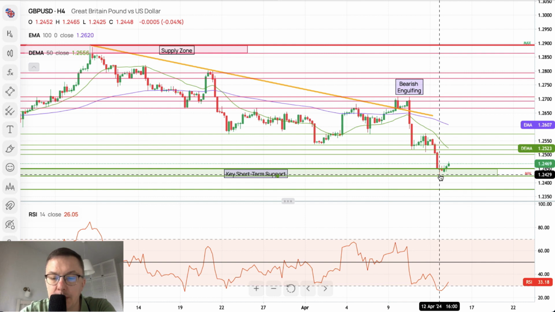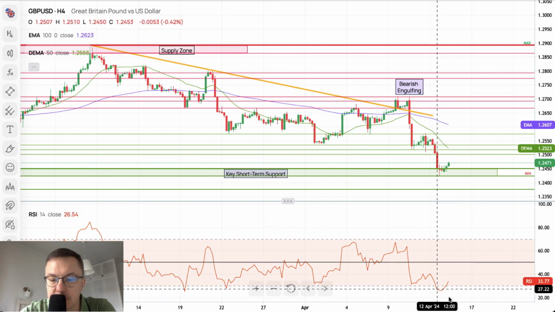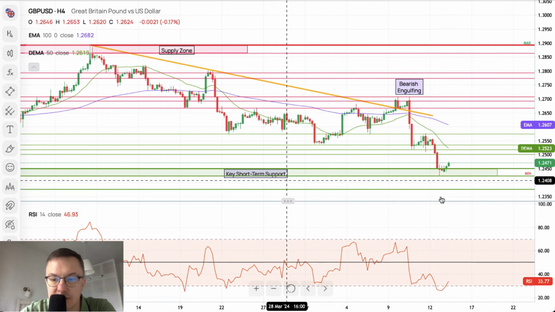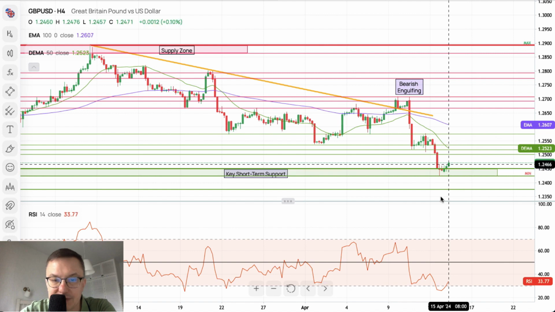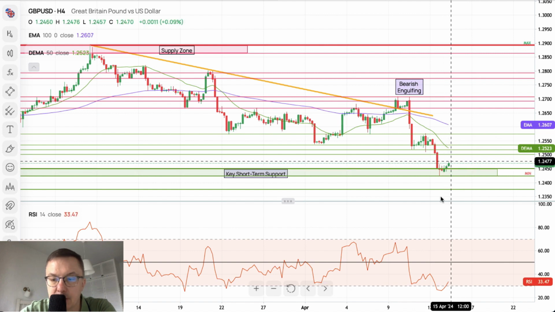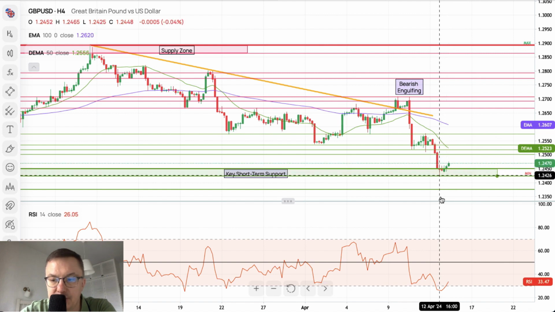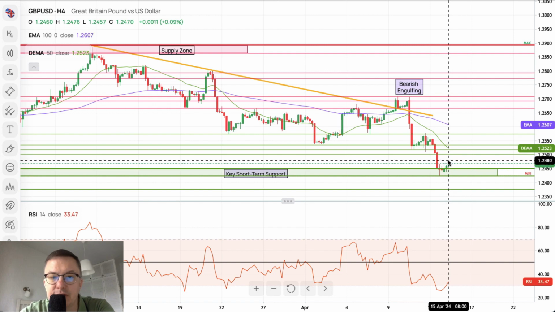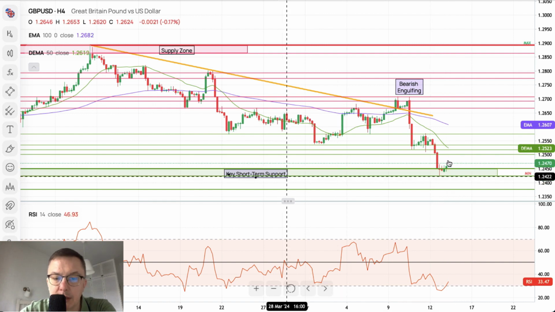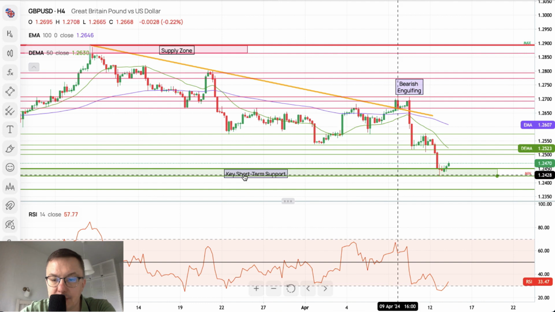1.2425 is the low of the recent movement to the downside into the extremely oversold conditions on the 4-hour chart, and as you can see, we bounced from this level straight up. We bounced roughly around 50 pips already. So this is a key short-term support level and the lower boundary of this zone, there are two levels there, 1.2425,